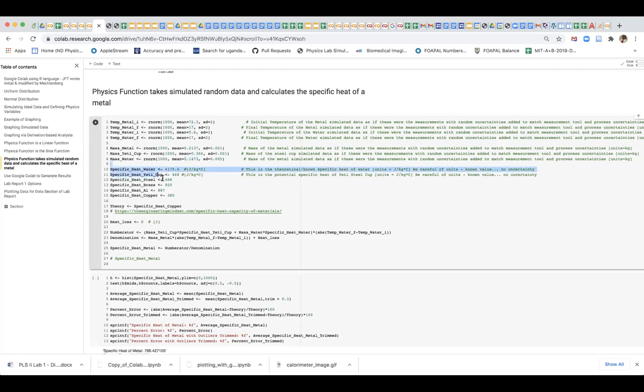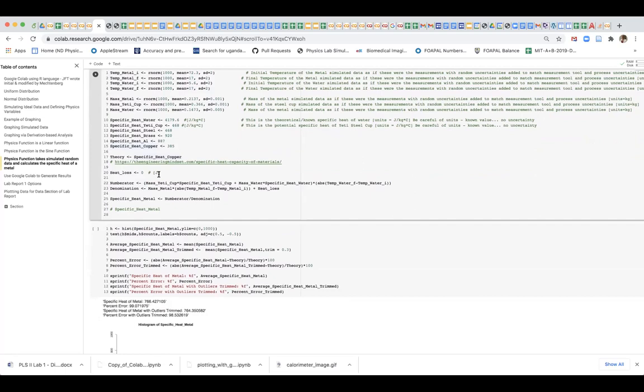Then we have a set of specific heats. So you can actually change this code if you were looking at something else. In this case, this was an example for copper. We have another one for aluminum and another one for steel. And so we run this, and you actually don't see the code right now. But if I get rid of this little hashtag, which said ignore anything afterwards, because that's just text, and I rerun it,